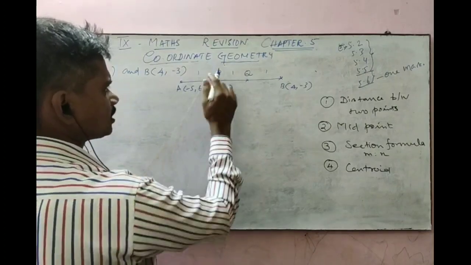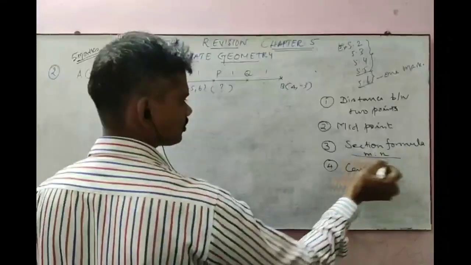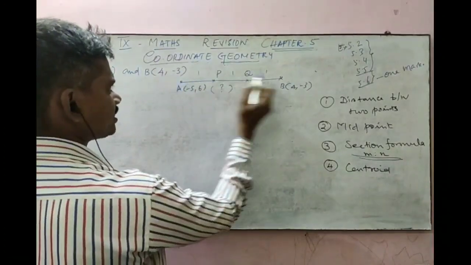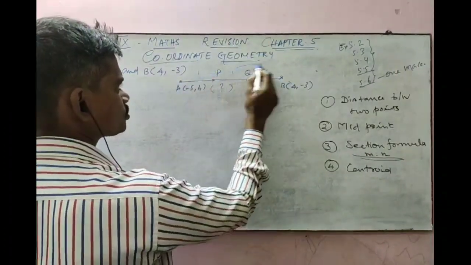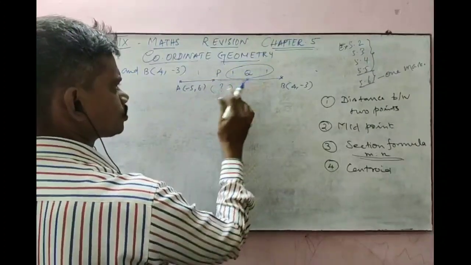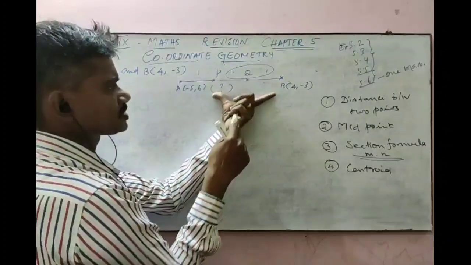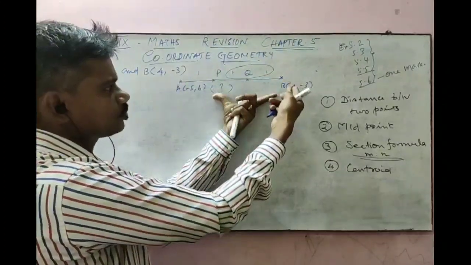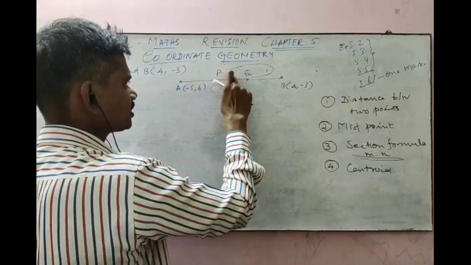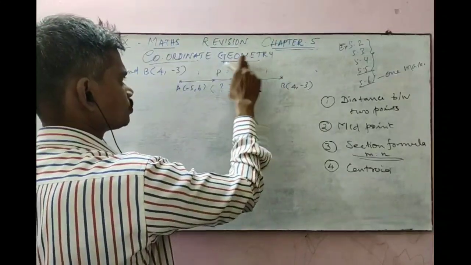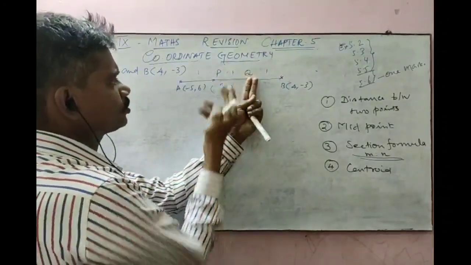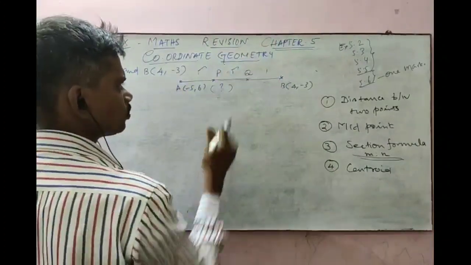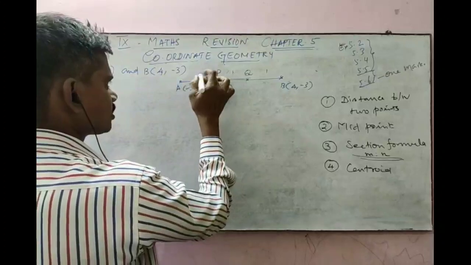If I want to find the P, I am going to use the section formula. So in this section formula, the P divides the line AB in the ratio 1:2. So this is 1 plus 1. This is how many parts? This is 2 parts. P divides AB with 1 part on one side and 2 parts on the other. If you take the Q, Q has 2 parts on the left side, 1 plus 1 is 2, and the right side is 1. So this is the concept we are going to use here.